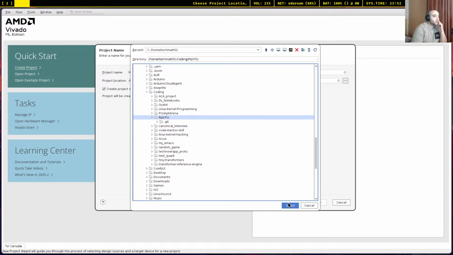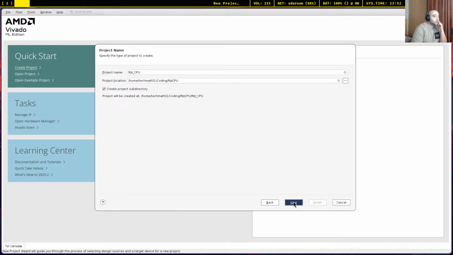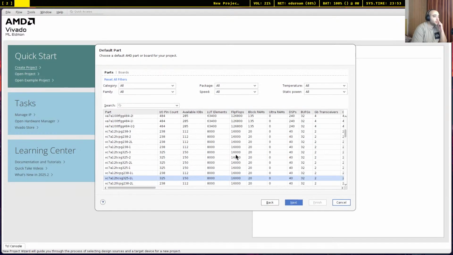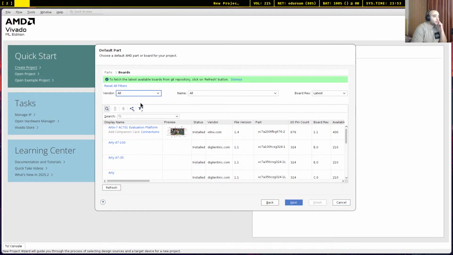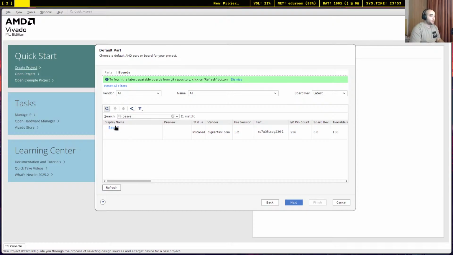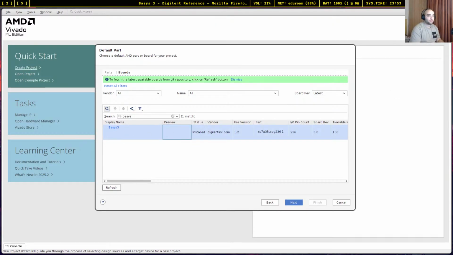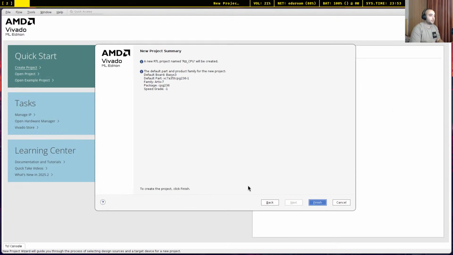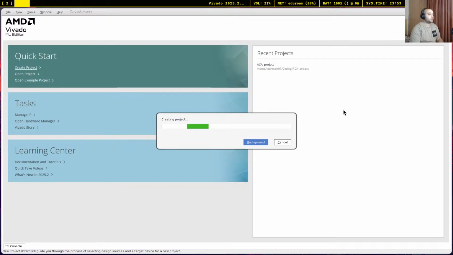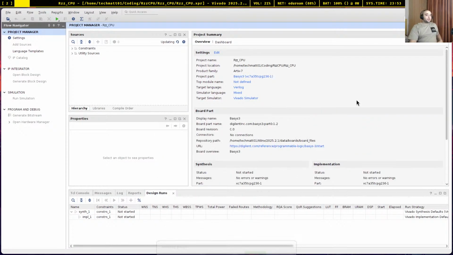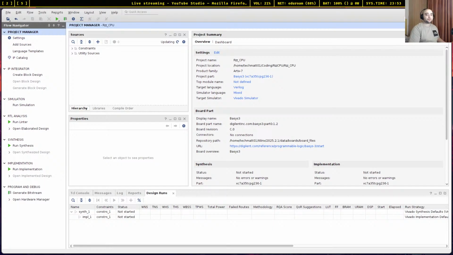RTL CPU. Yep. Next, RTL project. Now, haha, yes. It worked. Next. Yes. Finally. Okay, so now we have a Vivado project,